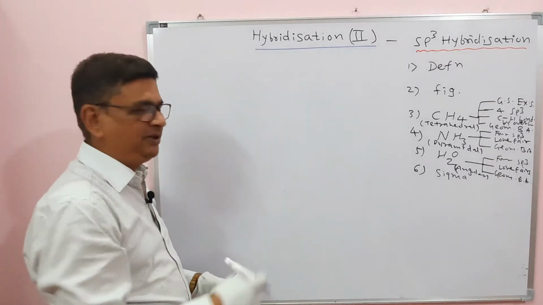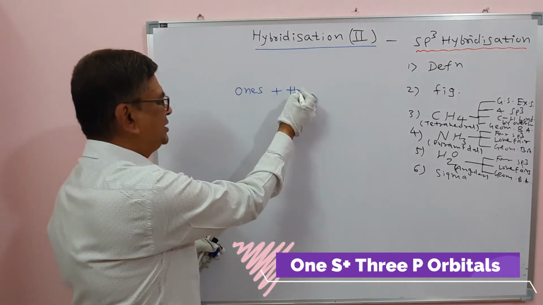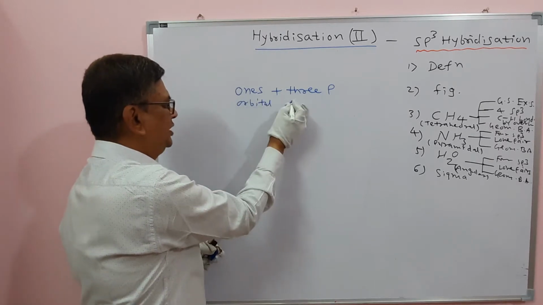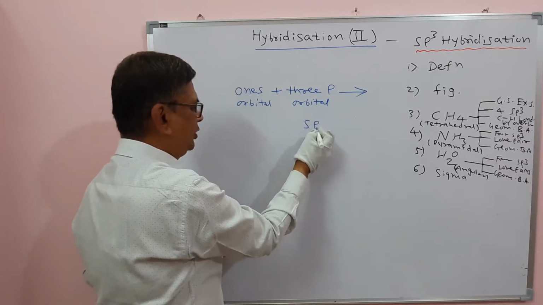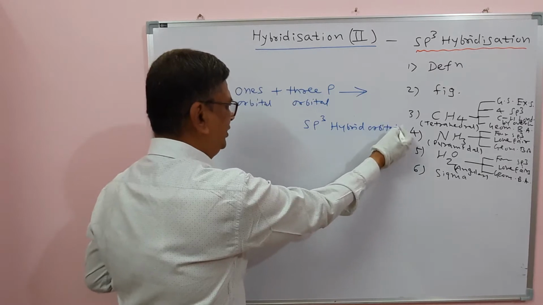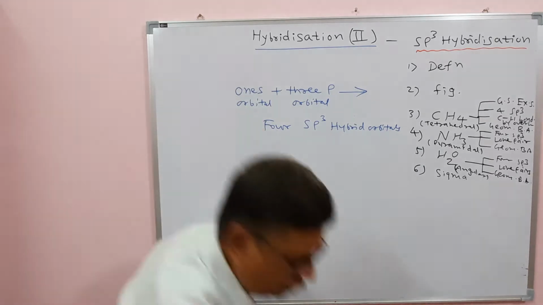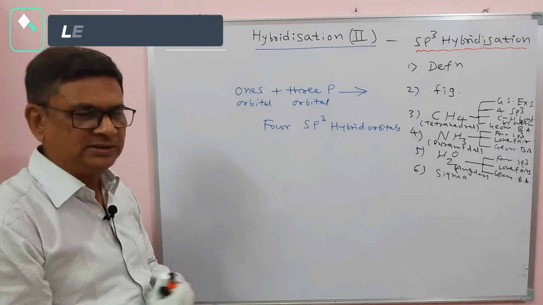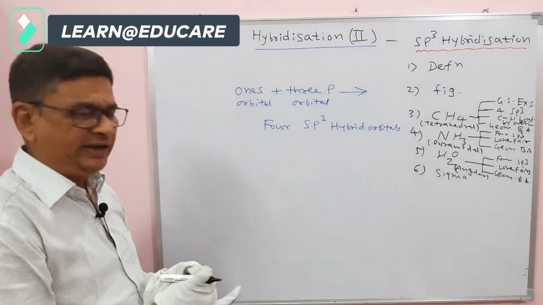The meaning of sp3 hybridization is mixing and recasting of one s orbital with three p orbitals, and that produces four equivalent hybrid orbitals. They are called sp3 hybrid orbitals. As we already know, the term hybrid means a variety, that we are getting something new from old. Now, how these 4 sp3 hybrid orbitals will have their shape, and what the details are, we can see in this diagram.